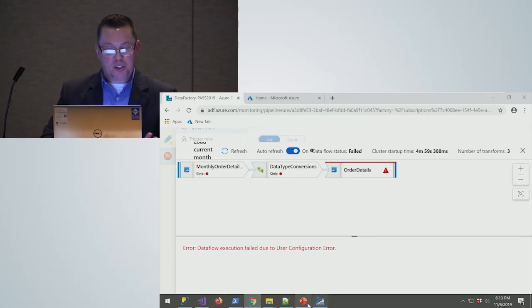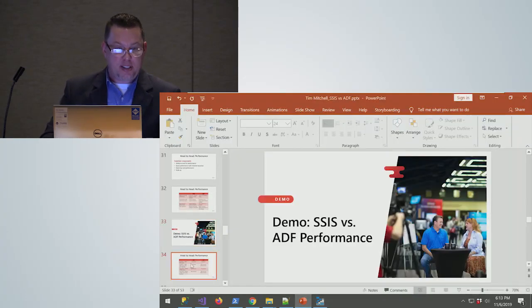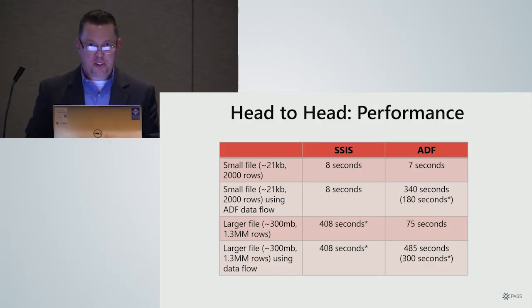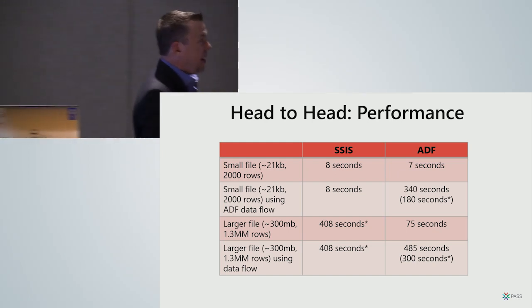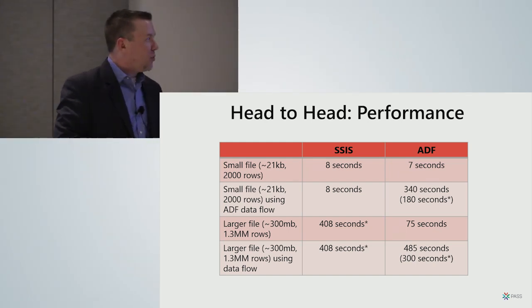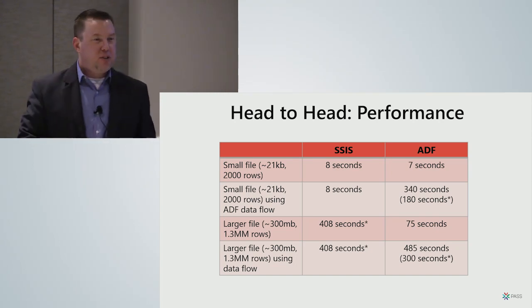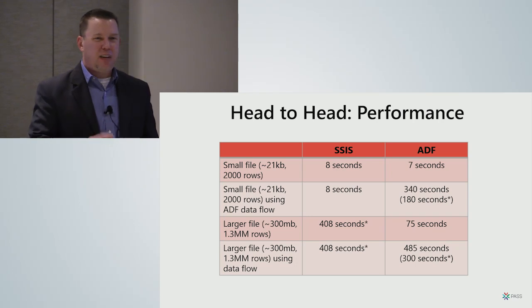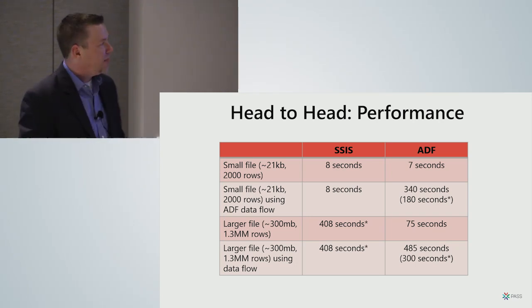Now, performance is one of those things that requires a good deal of testing. So you can't ever say a file is always going to be faster with X instead of Y. But for some really specific tests that I ran, here were the results that I found. Doing a small file, just a few thousand rows, running on SSIS versus ADF with a copy operation, they were within a second of each other, and that was an average of several executions.